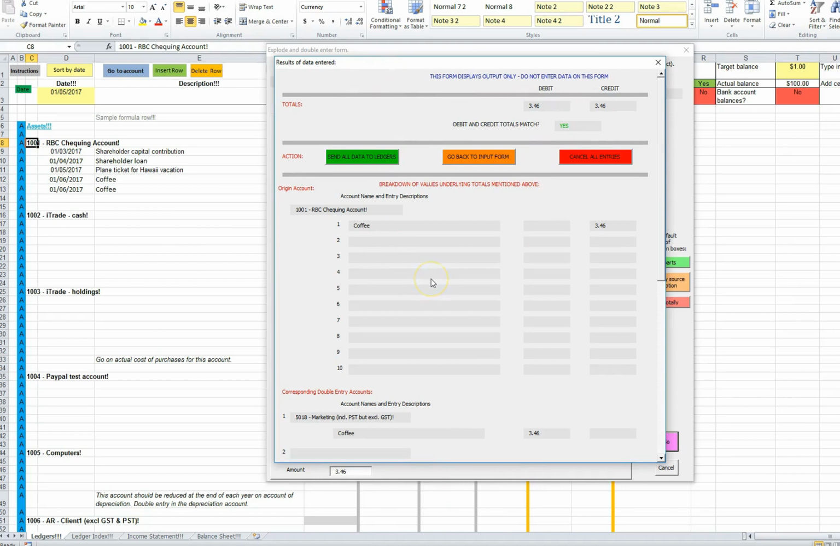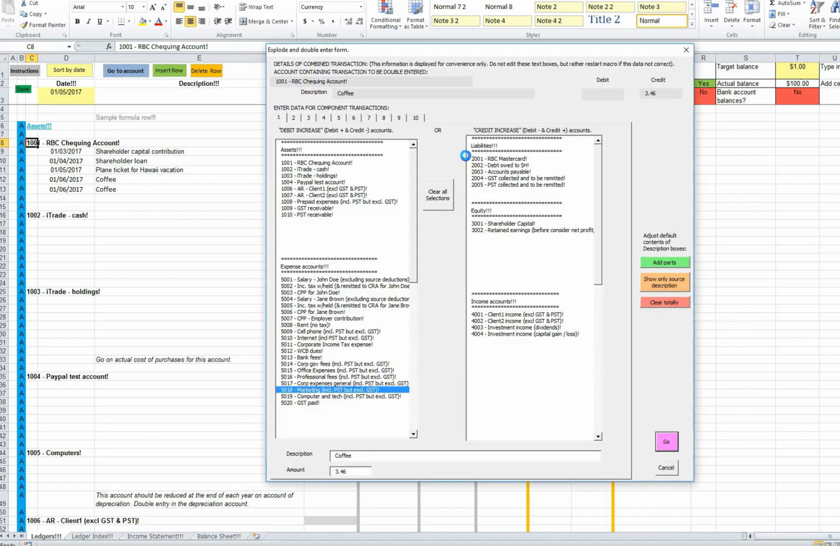Coffee. I might want to be a little bit more descriptive. Sorry, good example. You cannot edit on this form in these grayed out boxes. It says this form displays output only. Do not enter data on this form. One of the reasons for that is because I don't want to have to type or edit the descriptions twice. So if I go back to the input form, I'm going to say coffee